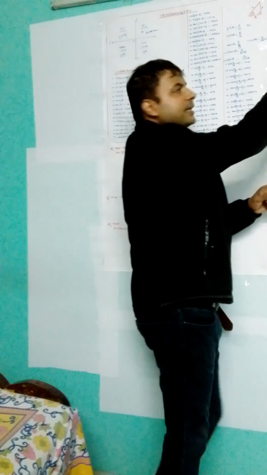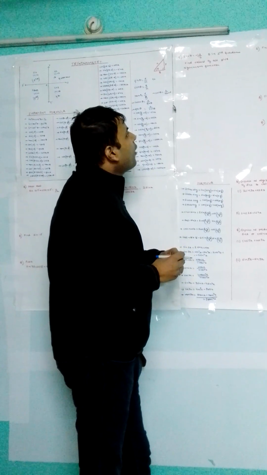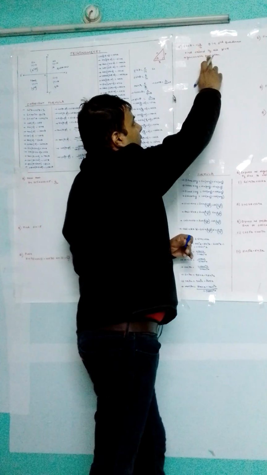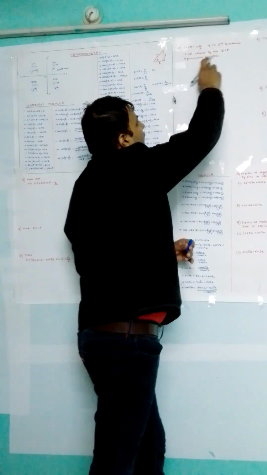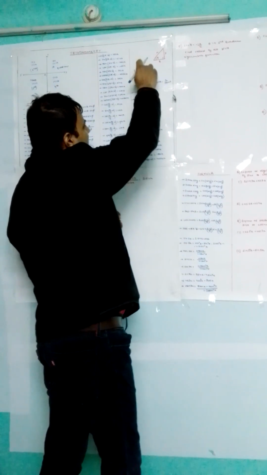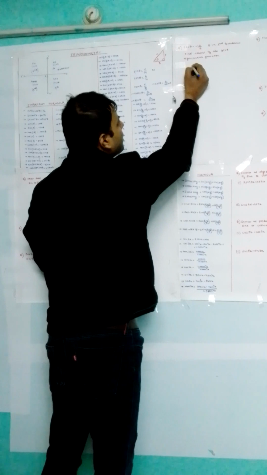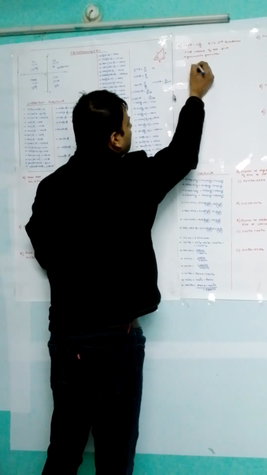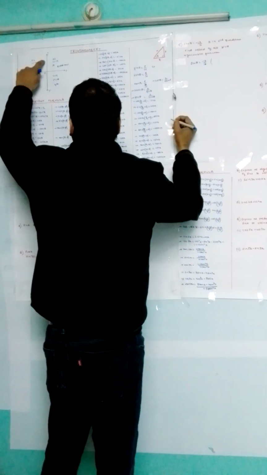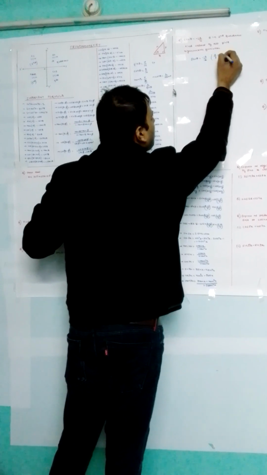Coming to this question: sec theta equals minus 13 by 12 and theta is in the second quadrant. Find the value of all five trigonometric functions. The question states that the value of sec theta is minus 13 by 12 and theta is lying in the second quadrant, so we have to find the value of all five trigonometric functions, meaning cos theta, tan theta, sin theta, cosec theta, cot theta. Sec theta is given. So we will directly write the data. Sec theta equals minus 13 by 12. Theta lying in the second quadrant means pi by 2 to pi, theta is varying from pi by 2 to pi.